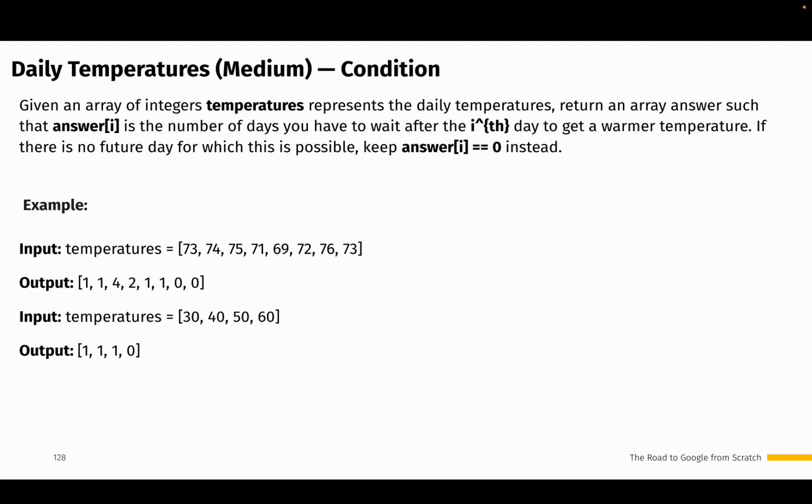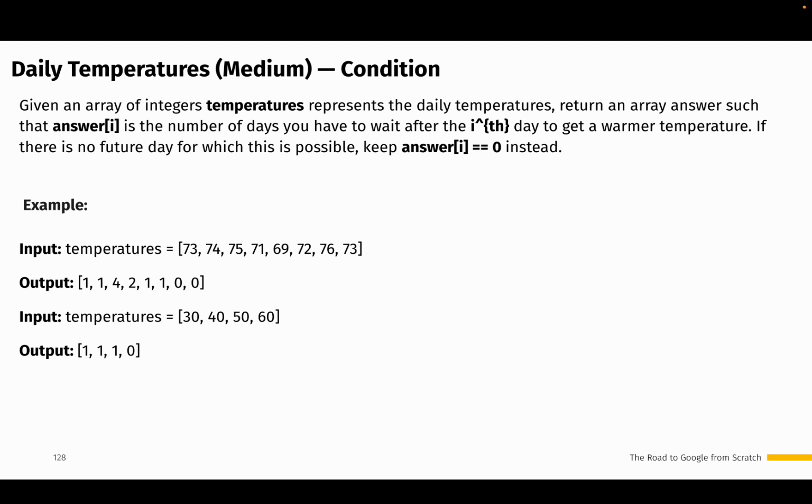This exercise is of type medium. And actually the idea of this task is that we have a list, and in this list, as you can see, we have different temperatures, and our main goal is to find out for each day how many days we need to wait until we find a